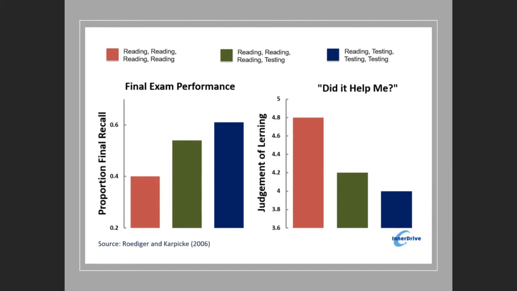And then the third group of students, marked by that navy blue bar, was instructed, read once. I want you to read through these notes once and then stop, cut yourself off, and then the rest of your time up until your exam, engage in retrieval practice. What here on this slide is called testing. It's called the testing effect. So they're going to engage in retrieval practice over and over again up until the point they do their exam to measure mastery. And you'll see on this first set of bar graphs, the students in the group marked by the blue bar that read once and then engaged in retrieval practice outperformed the other groups that were more reliant on just this passive rereading,